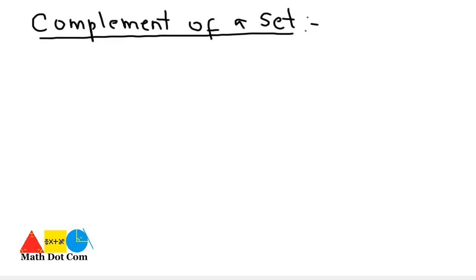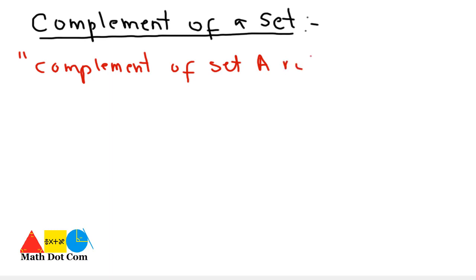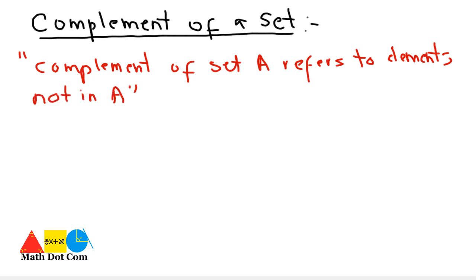Another important set operation is complement of a set. Let's see how it is stated. It is stated as: the complement of set A, of any set A, it could be any given set, refers to elements not in A. It is also stated as